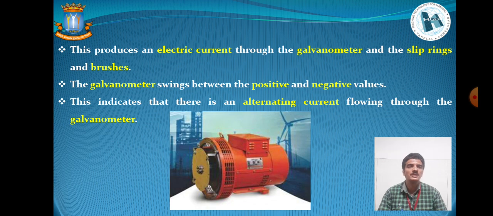So the galvanometer is a device which shows the amount of electricity that has been generated through the conversion of mechanical energy into electrical energy, and hence one can further utilize the generated electricity for their actual usage. Here in this pictorial representation you can see the actual image of an AC generator. Although we need some external fuel supply for this AC generator, the main purpose of these devices is to convert the mechanical energy into electrical energy.